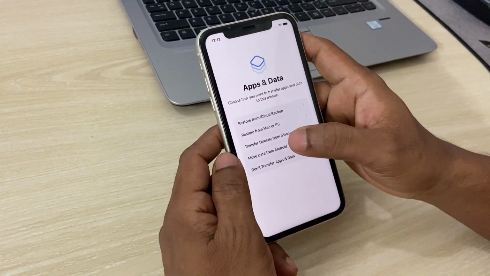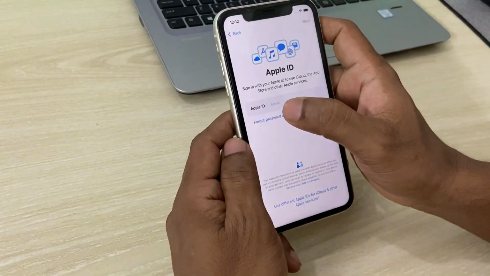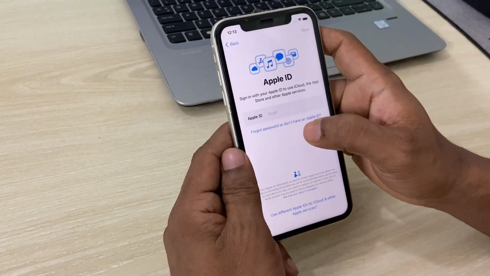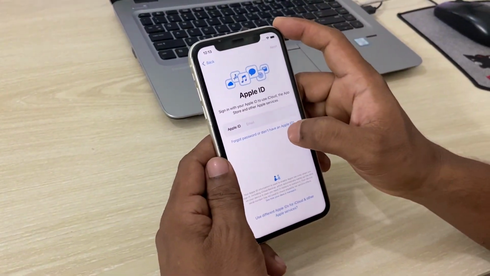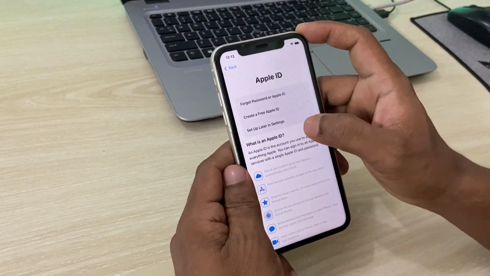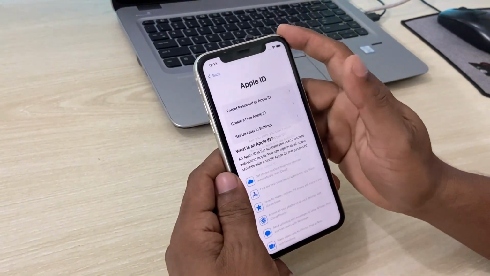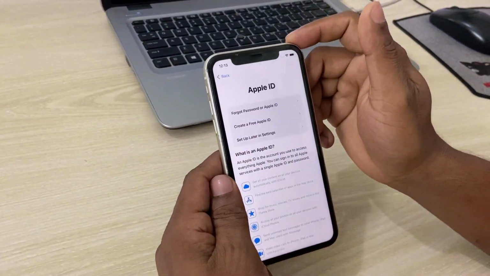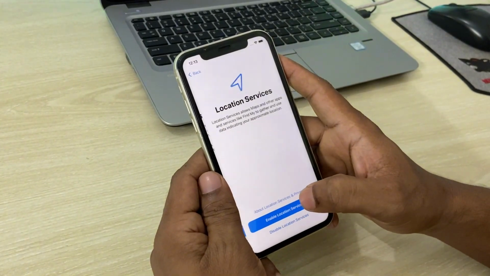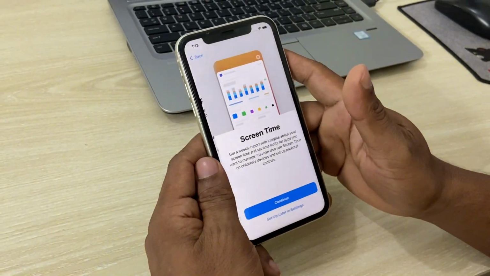Then Restore from iCloud Backup or anything else, so I tap Don't Transfer Apps and Data. If you have an Apple ID, give it here, or if you don't have one or don't want to give an Apple ID, tap Forgot Password or Don't Have an Apple ID, and then tap Set Up Later in Settings and Don't Use. Then tap on Agree, Update Your iPhone, Continue and Continue, obviously Enable, and Set Up Later,